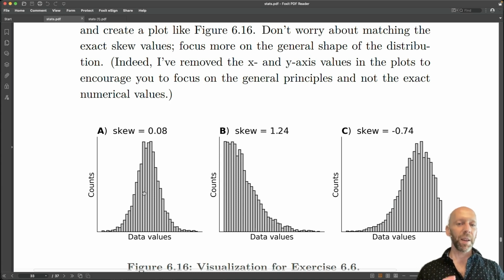So generate the distributions, generate the histograms, plot them, compute their skew, and so on. Now, you don't have to get your skew values to match exactly. That doesn't really matter. I don't care. It also doesn't matter what the actual data values are. You can see I've even removed the X-ticks here, because I don't want you to worry about that. Basically, just worry about figuring out a way to generate data that have no skew, positive skew, and